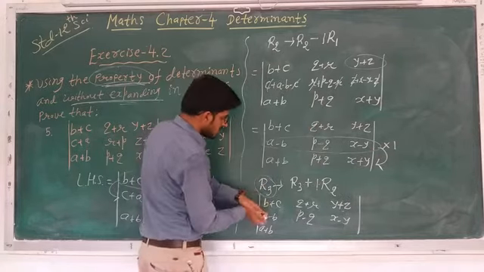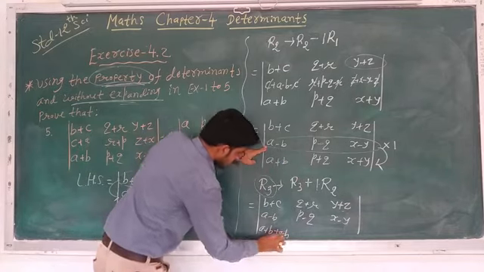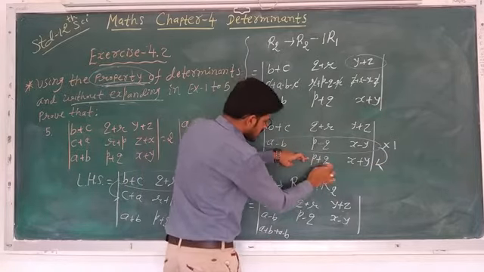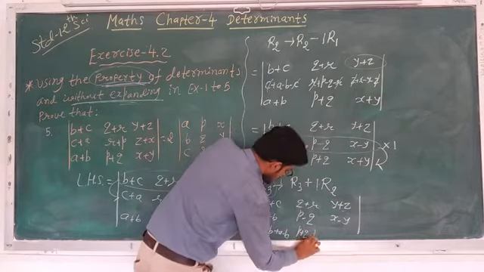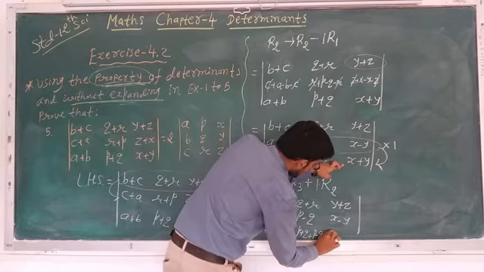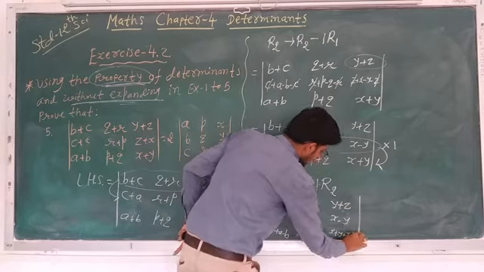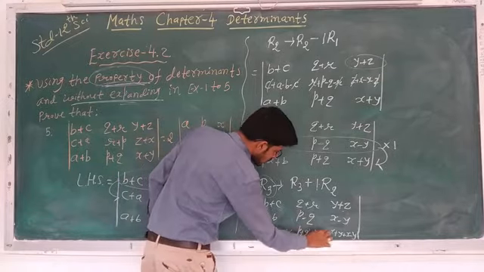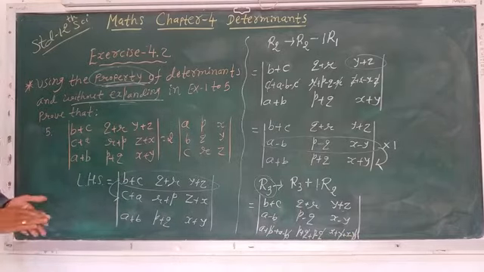So what is the third row? a plus b plus a minus b, because we multiply by 1, and there will be no changes in the second row. p plus q as it is, plus p minus q, and the third column is x plus y plus x minus y. Now simplify it. So here plus p minus q cancel out, here plus q minus q cancel out, and here plus y minus y cancel out. Okay, first of all, write down this.